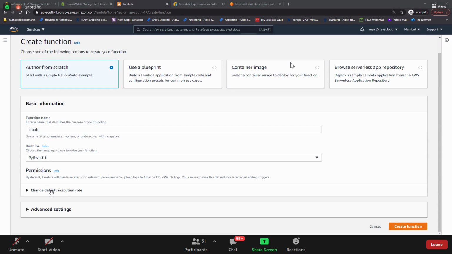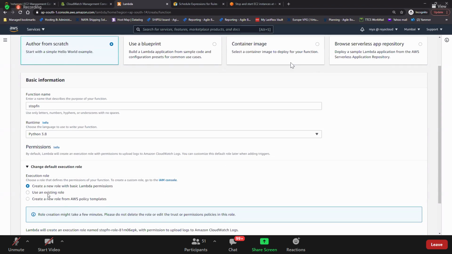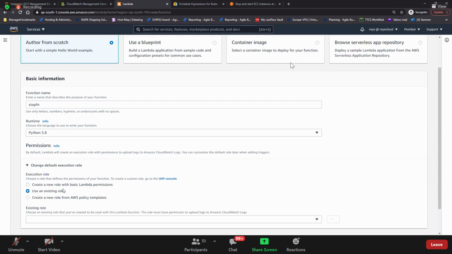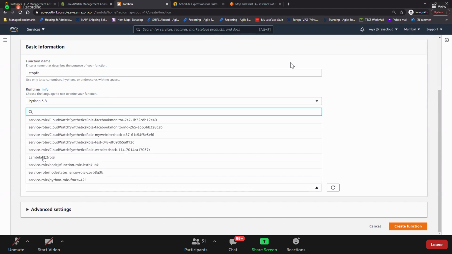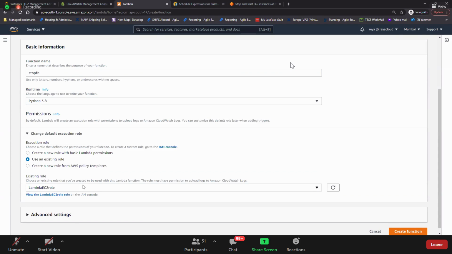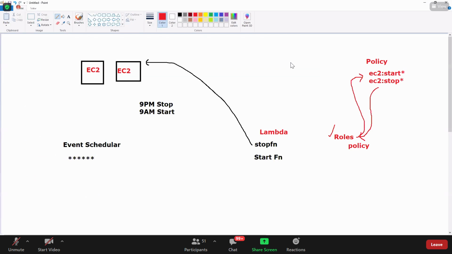Now do you see that here? Change default execution role. Here you need to select the role that you have created. We just created a role, right? So use the existing role. Just imagine that I have created a Lambda EC2 role. You have to select the role that you have created. This is how, just now we told, you are attaching a role to the Lambda.